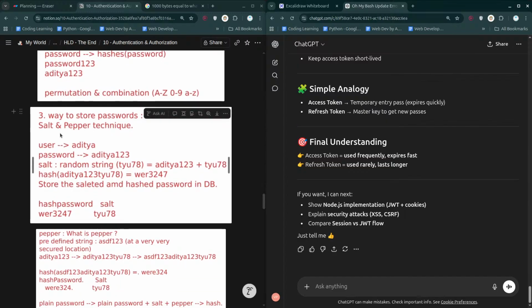Three ways to store a password. This is something interesting. To save your password securely, you may use the salt and pepper technique. You have your main password, and you will not hash it directly. You will hash it using the salt, some gibberish, some extra strings, and the pepper, which is also some string, but a more secured one. By adding both of them, you hash the password. Hence, it will be hard for anyone to guess it.